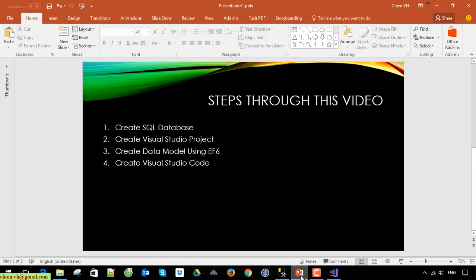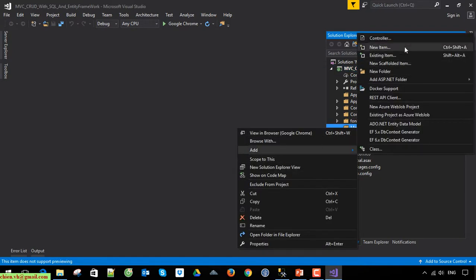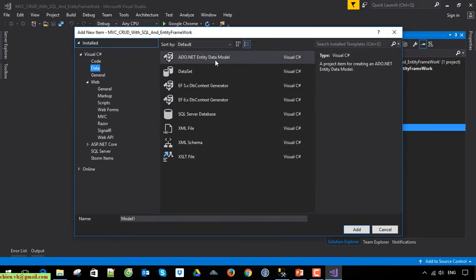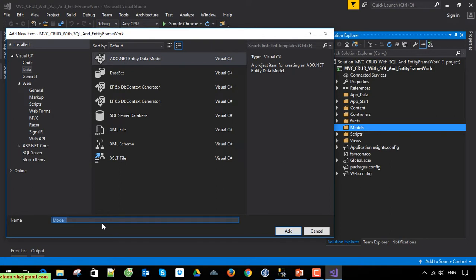So now we have just finished step 2 and go ahead to work on step 3, create the data model using Entity Framework 6. Okay, so under the data model here, I right-click on this and add new item. I select Data and click on the ADO.NET Entity Data Model, and I will name it